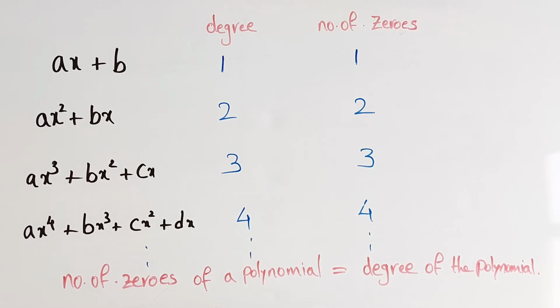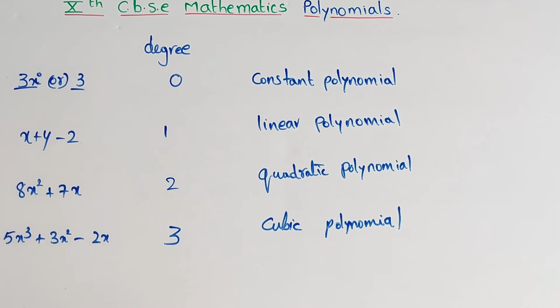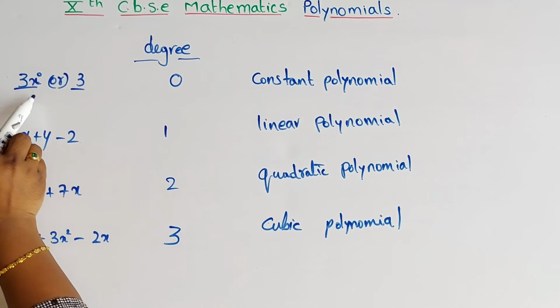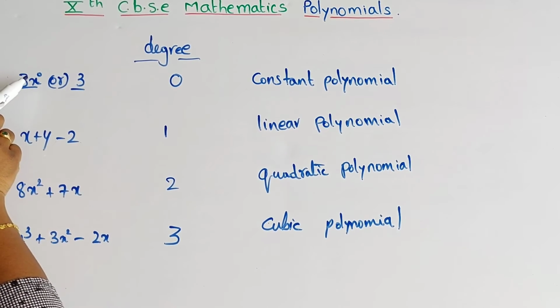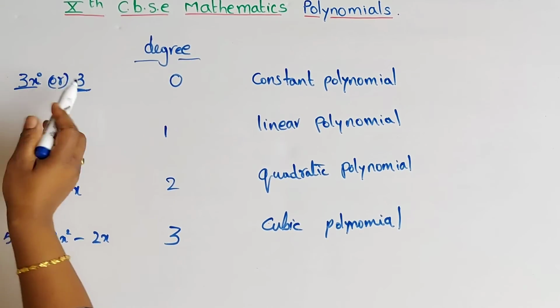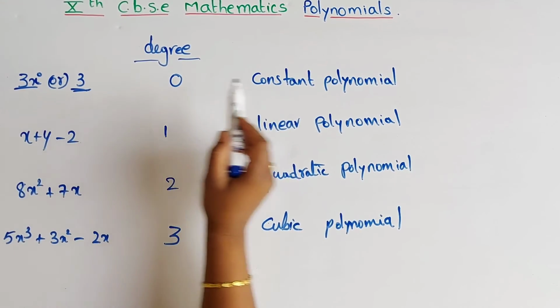So from here we can say that the number of zeros of a polynomial is equal to the degree of the polynomial. So these are the polynomials based on degree, children, what we have learned till now. If the degree of the polynomial is 0, that means 3 is there. 3x to the power 0 is nothing but 3. Right? So that is called